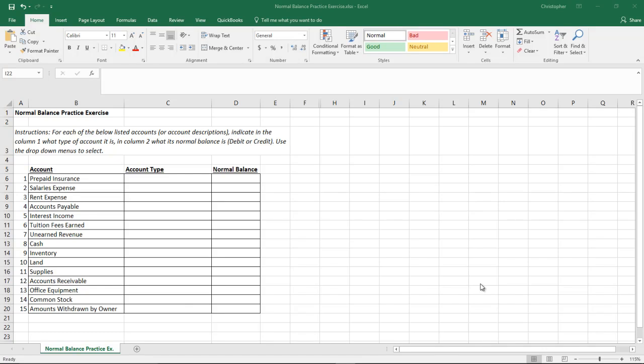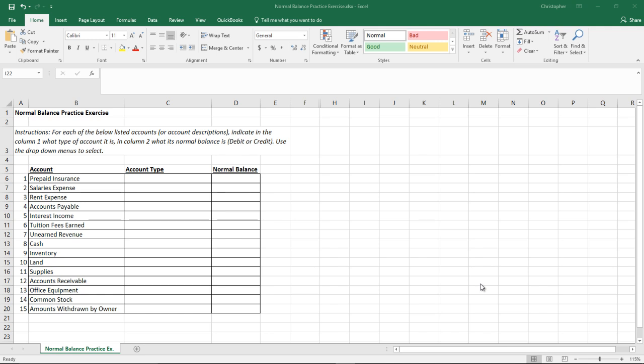In this exercise, we're going to talk about a variety of different accounts. We're going to categorize the accounts and we're going to determine their normal balance. So just as a reminder, when we're talking normal balance, this is what type of entry it takes to increase